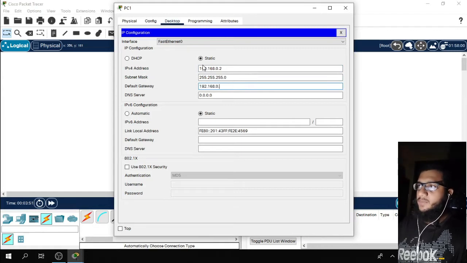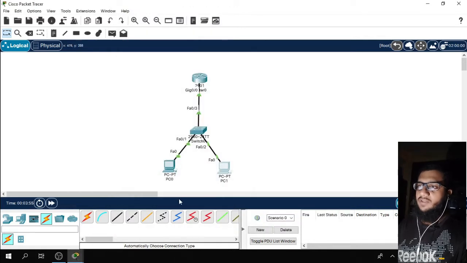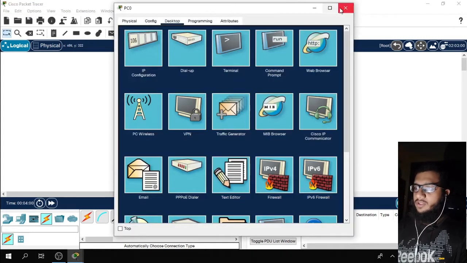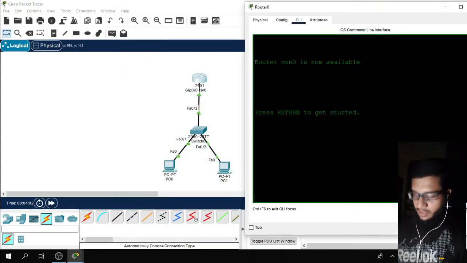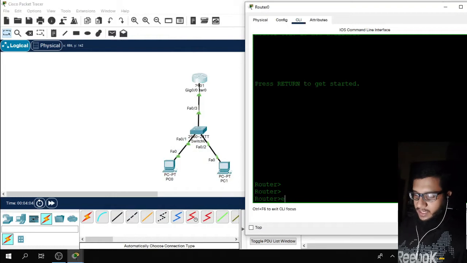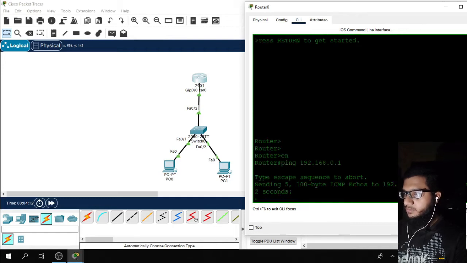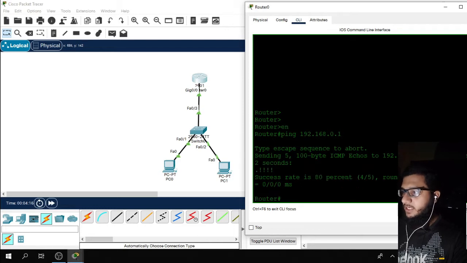Okay, let's see if the router is pinging with this PC. Open the router, enter enable, then ping 192.168.0.1. Yes, it's pinging. Success rate is 80%, 4 of 5.